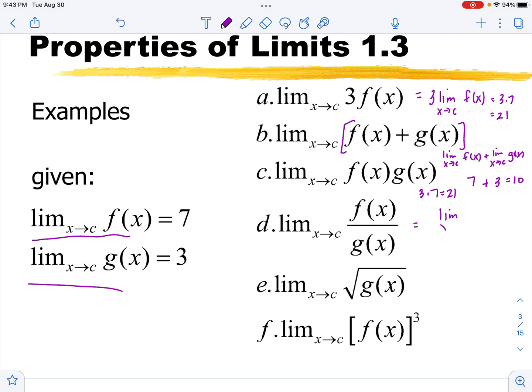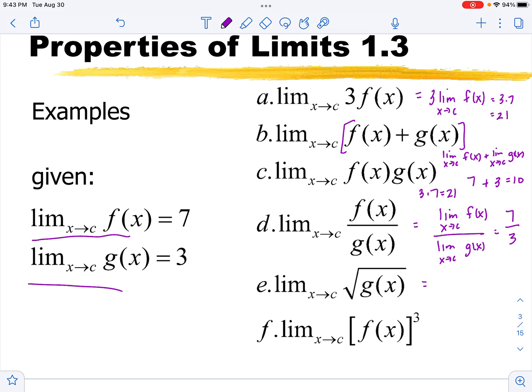We're taking the limit as x goes to c of f of x and dividing it by the limit as x goes to c of g of x. So you're dividing the two functions. So we're going to have 7/3. This is our root that we did earlier. So if we're doing that, we can say that this is going to